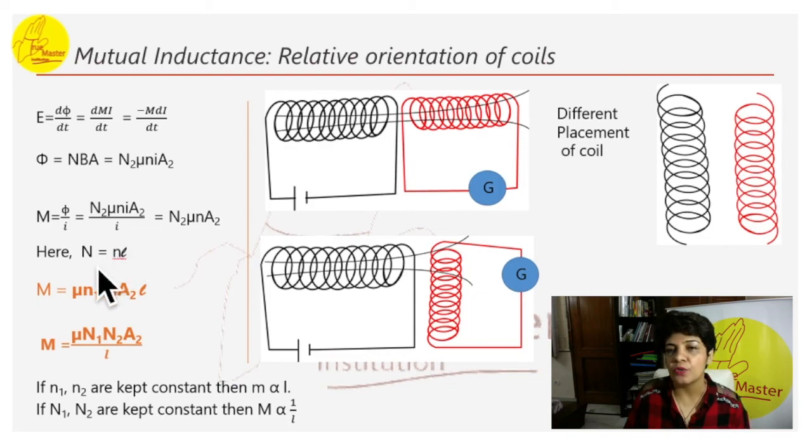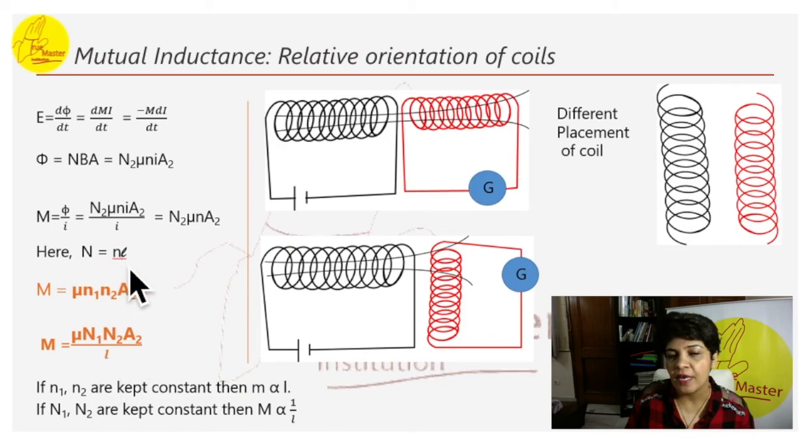And capital N is equal to the number of turns into the length. So this is the total length of the solenoid. Here we can rewrite this formula. Instead of one capital N and one small n, we can write all in small n's, which is the number of turns. So this will become the formula. And in case it's for the complete length, then we can rewrite the formula using N equal to nl.